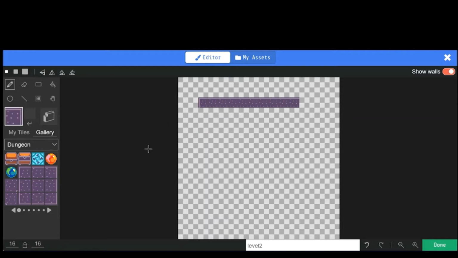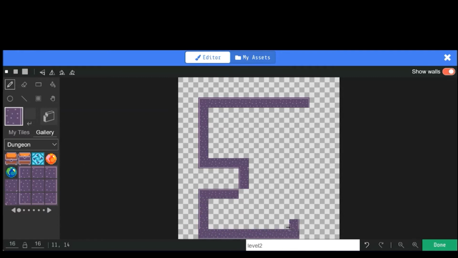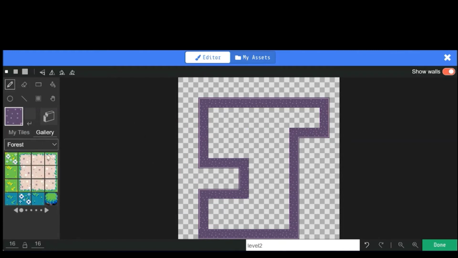And I'm just going to build a room for my character, just one small simple room. Boom, boom, boom. And there we go. This is the room that I want my character to be in. But I'm going to need a background or something like that. So I'm going to set